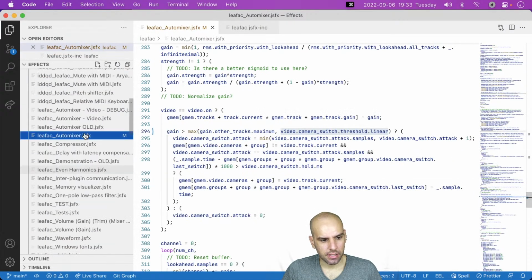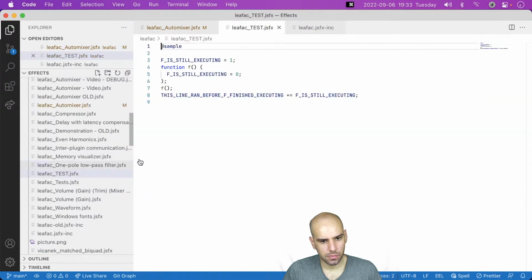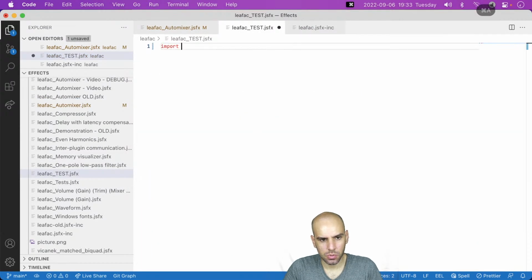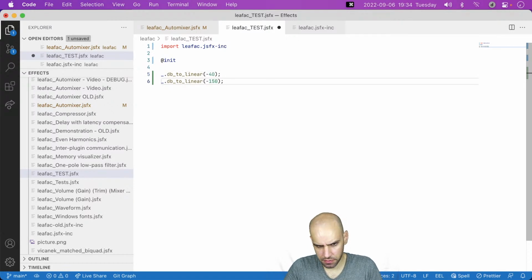But I do have a test effect I can use. So I will import the library and let's compute dB to linear of something like -40. Also -150.